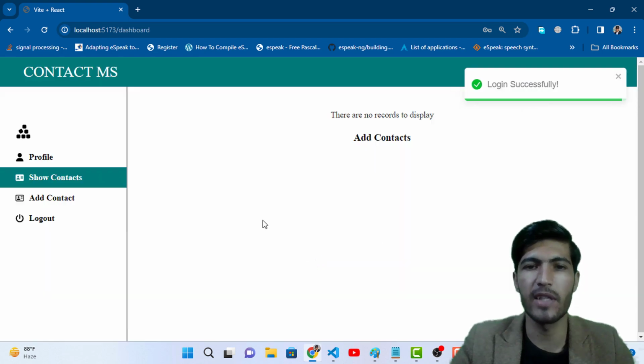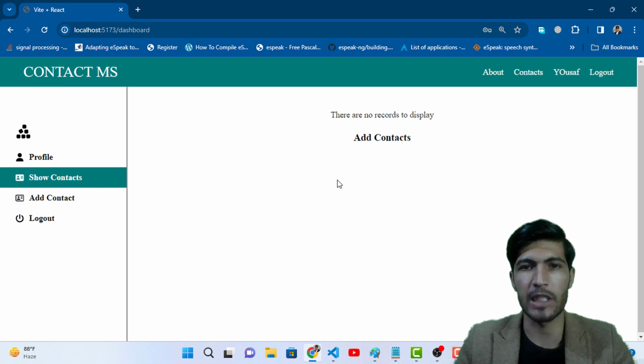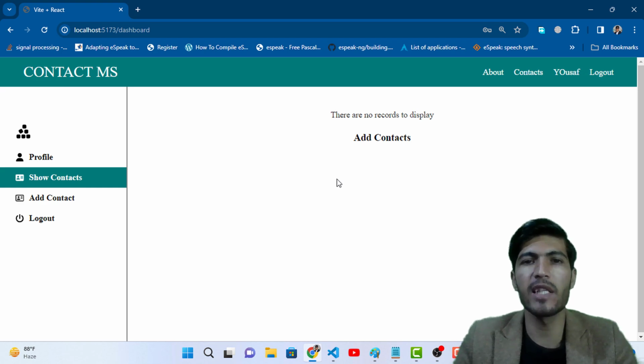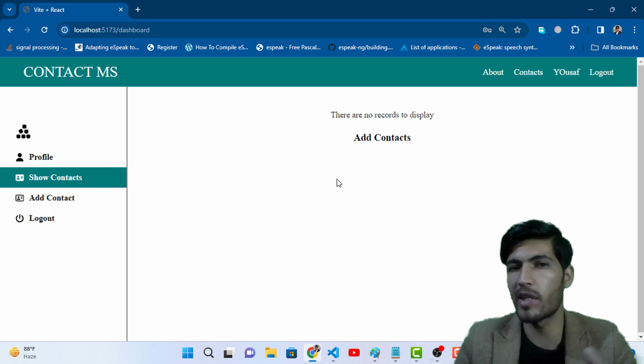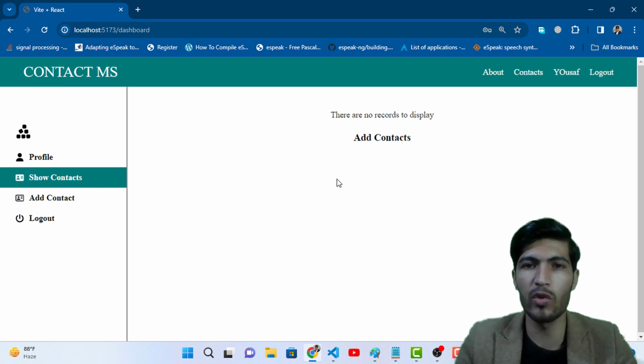Press the login. So we directly created our account and we directly come here to the dashboard and login successfully. It means we have logged into the system successfully, and this is our dashboard that you see right now. Here in the dashboard, every user, the one who registered his account, will access their own contacts. For example, I have created my account, I will access my own contacts, and if someone else created their account,